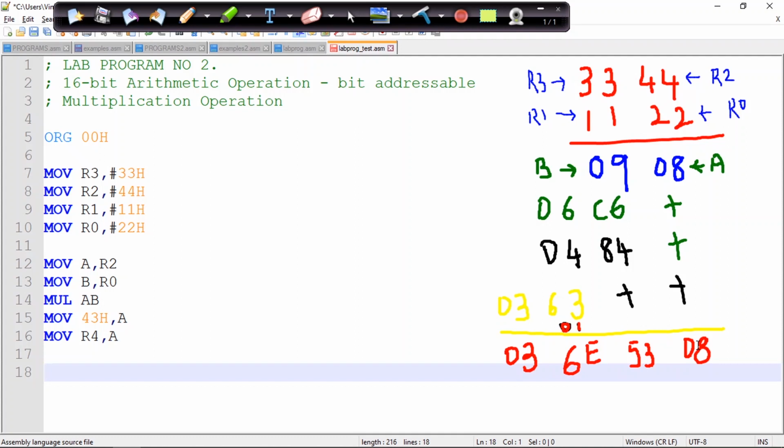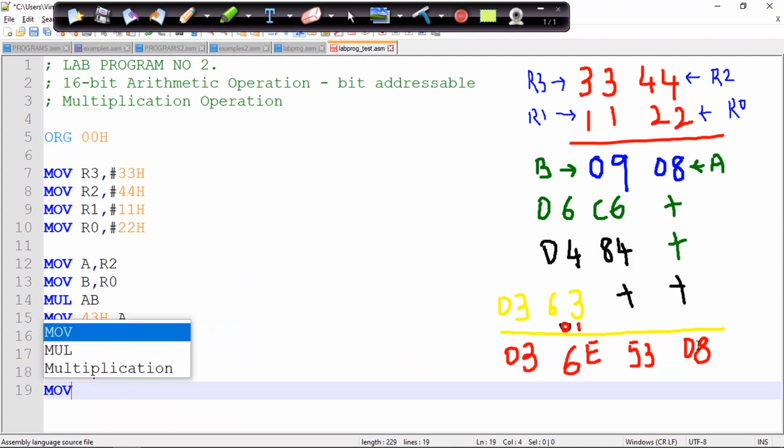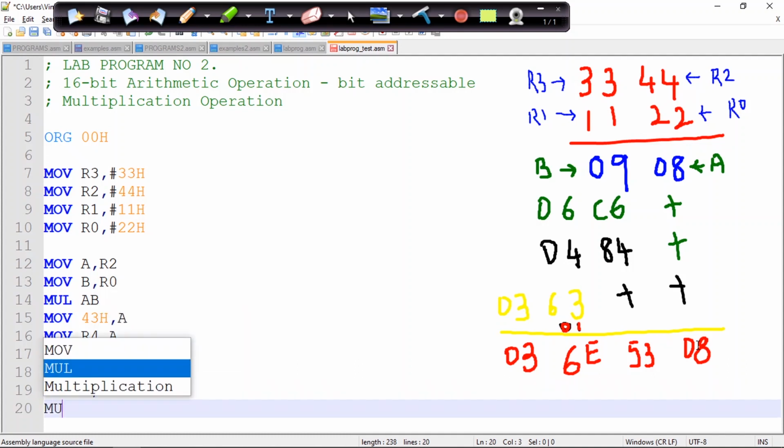So let me do the operation for 3 3 and 2 2. I'll load A with R3, and again I'll load my B register with R0. Now again I'll do the multiplication, mul AB.